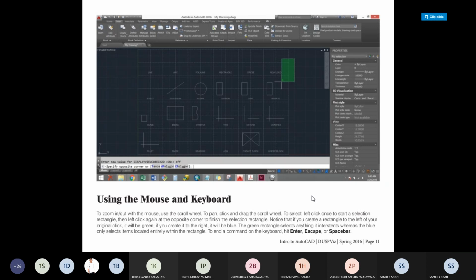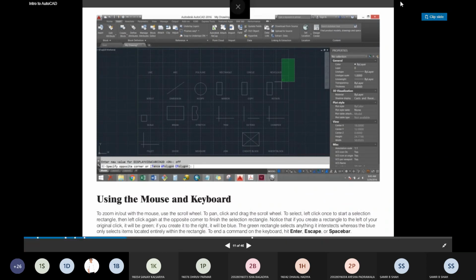Okay, start a selection with the corner, and once again roll it and click on the opposite corner to finish the selection rectangle. Here, if you create a rectangle to the left of your original click, it will be green, right? You can just see it here. I just show it with the proper notification also.